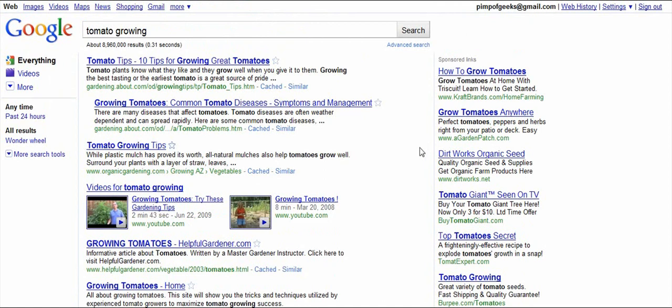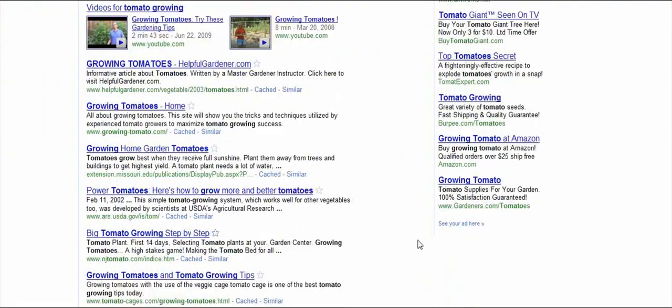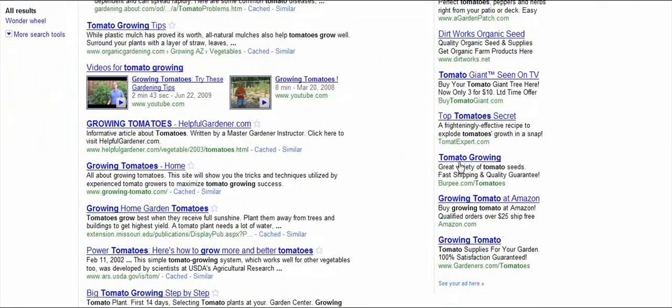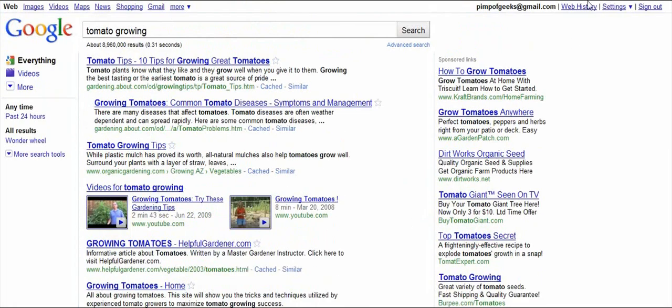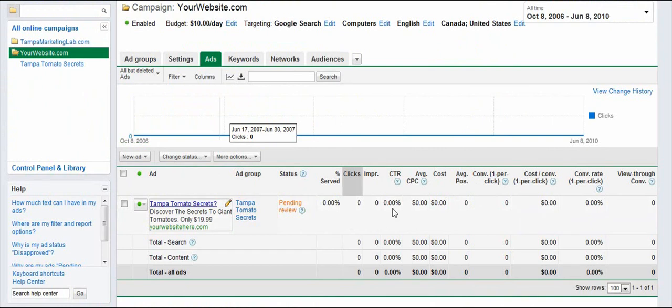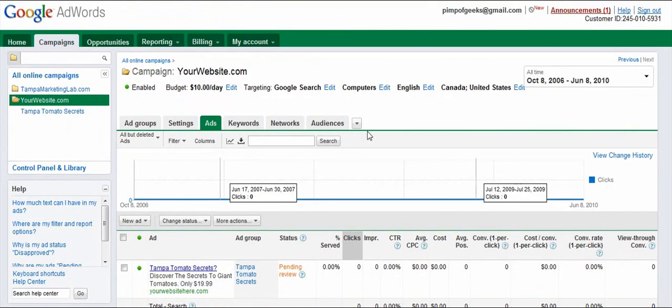I have found that being in between positions 3 and 6 are usually the best. When you're up here in number 1, you normally get a lot more traffic, but it's not the best traffic. Usually positions 3 and 4 seem to be the best. All right, so this is where your ads will be. This is what they look like, and a great way to look for ad creative and get ideas on what you should write in your ad is just to look at all the other competitors' ads and see what they're doing and take the best parts and add them to yours. All right, so that's how you improve your CTR, your click-through rate. You want to make sure your position is between positions 3 and 7,